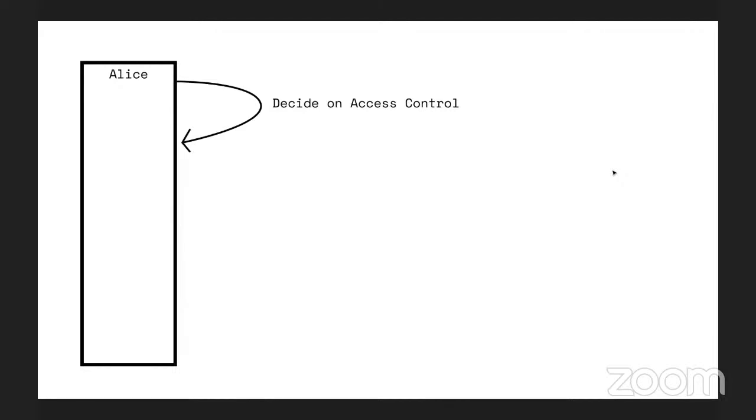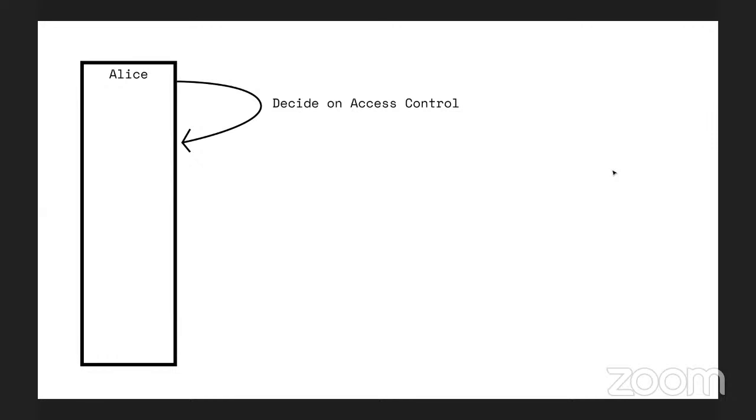The first thing Alice is going to have to do in this case is decide on her access control. So how is Bob going to be able to prove he should be able to access it? That could be, in a basic example, Bob has to prove ownership of an Ethereum address, but it could be anything, like having to prove you have a certain amount of tokens and you control this GitHub account. So as long as it can be verified by all of the nodes, it can become an access control